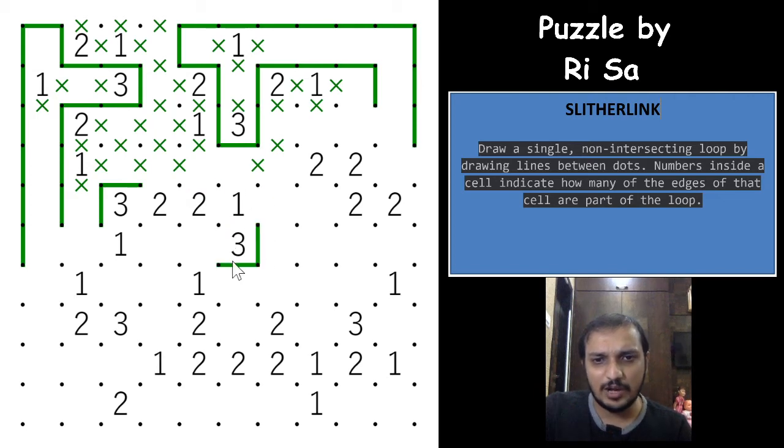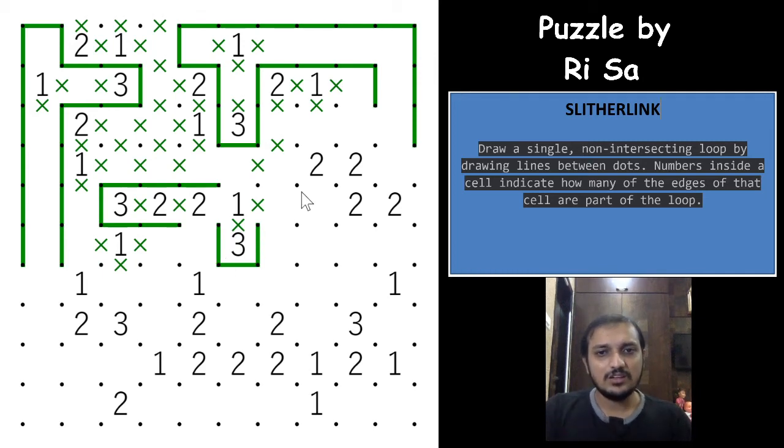So which means that it would have to be this way. One of the loop segments for the 2 will have to be either this or this, the other will have to be either this or this, and it will have to go this way. Excellent, right? So the same 1-2-3 pattern is actually coming here, and that is solving this puzzle really in a beautiful way. So just basic techniques, and you can see here the diagonal logic is very important. As I already said, diagonal logic is the most important logic in a Slitherlink puzzle.